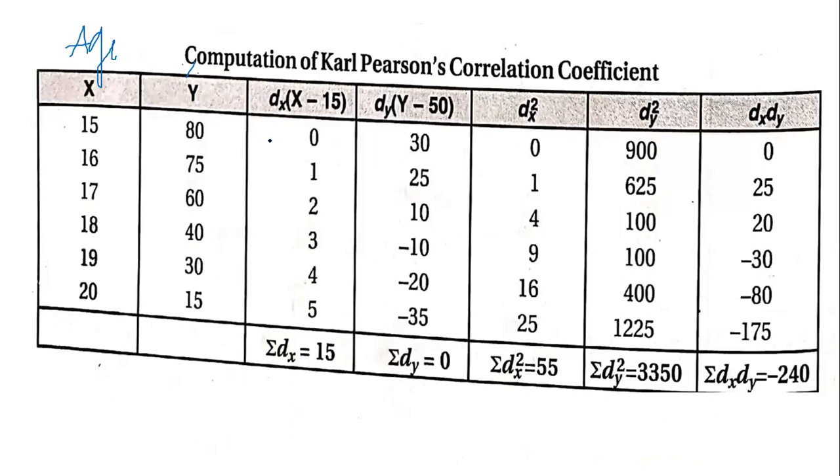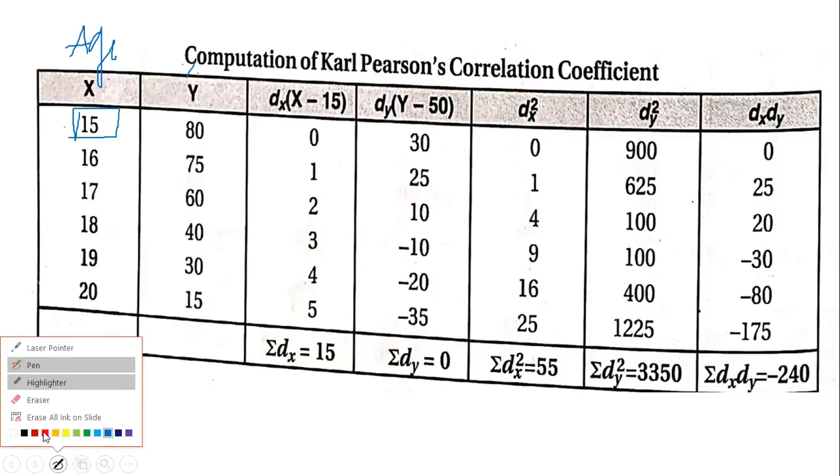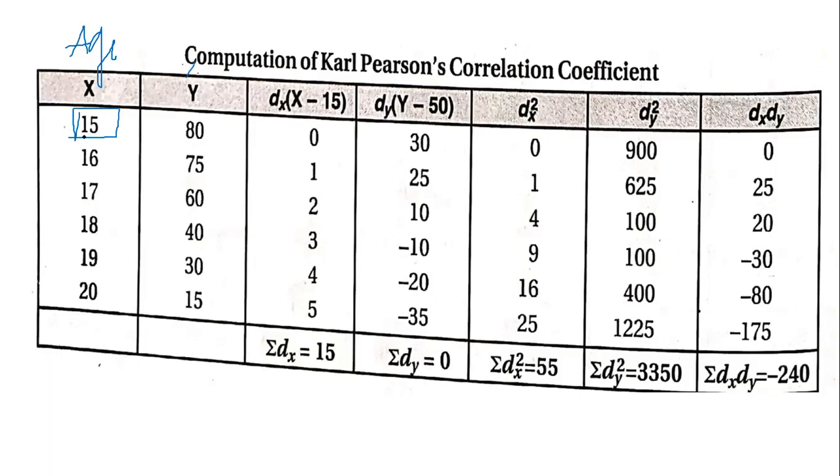Next, after this, the procedure remains the same. You have to take an assumed mean. Here they have considered the first number itself as the assumed mean. Again, you can take any other number also. I'm repeating, it's not a hard and fast rule to take the first number or the central number. You can take any number, but take it out of X only. So to find deviations for X, you select the number from here. So dx is X minus 15, and you get all these values.